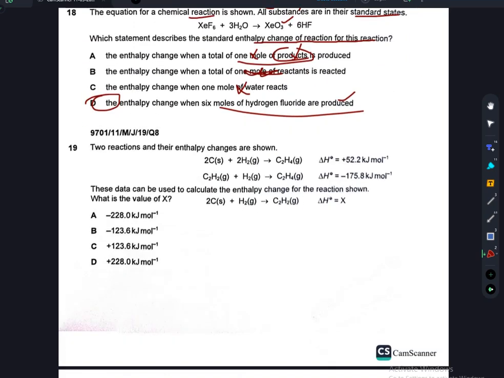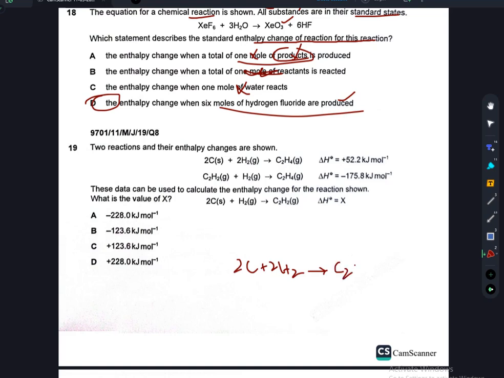Now part 19, two reactions and their enthalpy changes are shown. So 2C plus 2H2 gives C2H4, and C2H2 plus H2 gives C2H4. These data can be used to calculate the enthalpy change for the reaction shown. What is the value of X? This can be done. So again, I'm not going for combustion now, but Hess's law must be applied here. So 2C plus 2H2